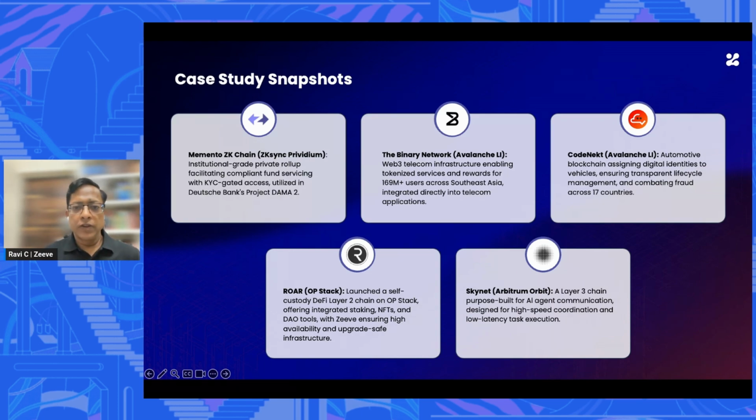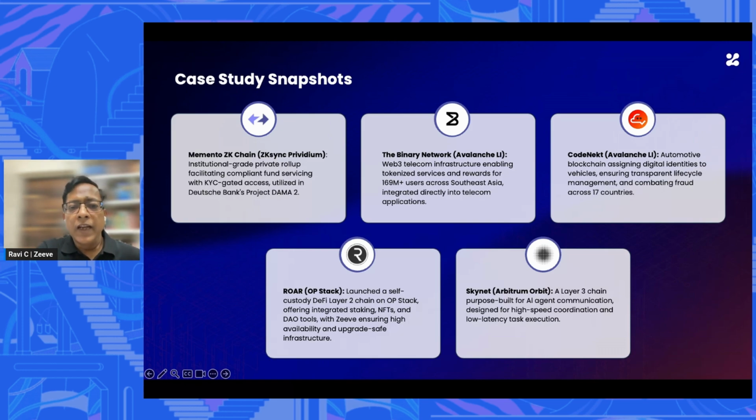It's a complete sovereign L1 chain, permissionless, and different users can join the chain, and already most of their wallet customers are joining it. And as they partner with more and more telecom players, we are going to see much more traction. The best part is using Avalanche L1, scalability is not a challenge. It's a very lean stack, and you can launch a chain which can scale to any numbers.